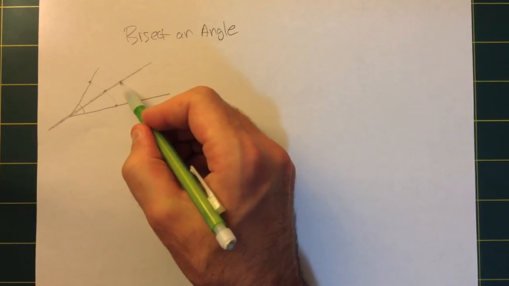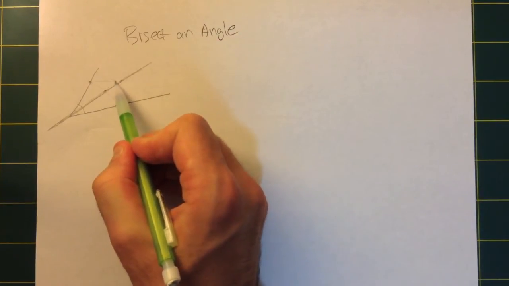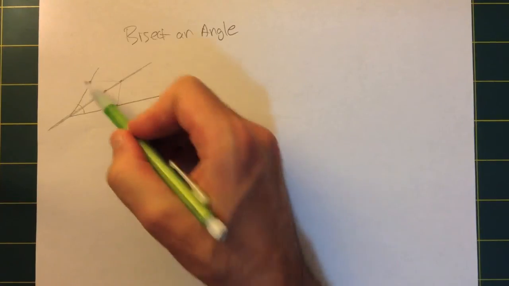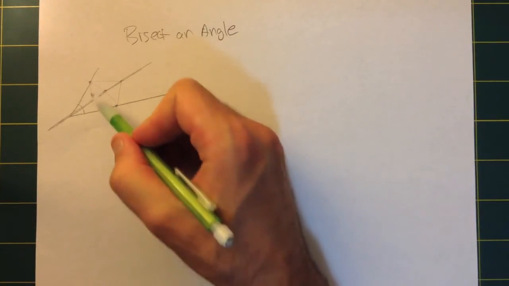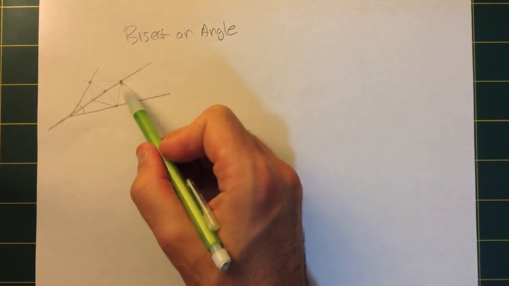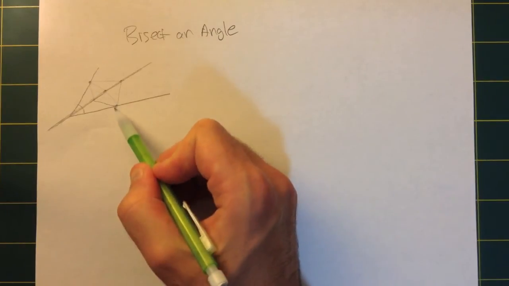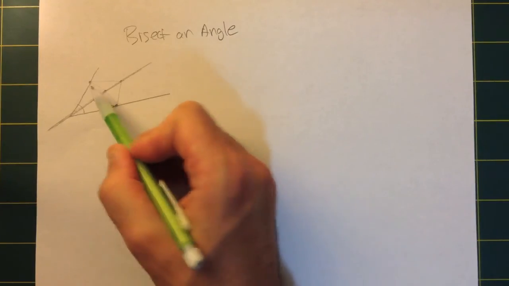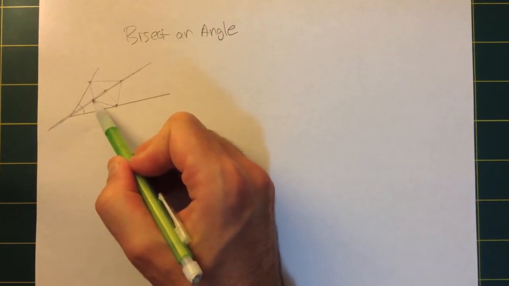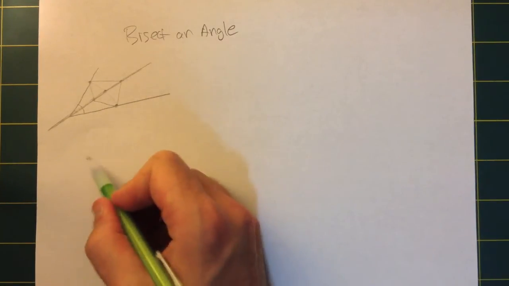I could pick a different point, like over here. This is going to be the same distance from there as it is from there. I could pick this point over here. It's going to be the same distance from here as it is from here. So if I can find 2 points that are the same distance from over here as they are from over here, that's going to let me create this segment. And the way I'll do that